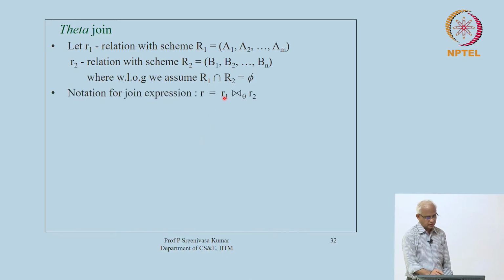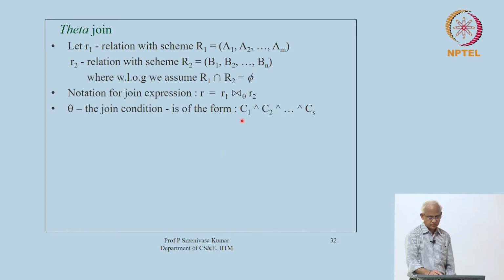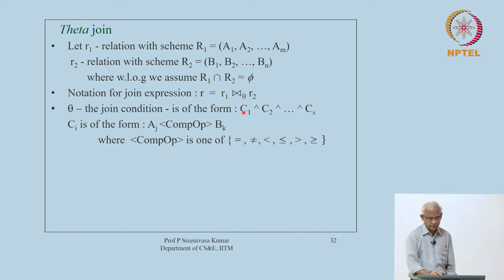Okay. So, now we make this assumption that the schemas are disjoint for these two relations, and we express this join with this symbol, the join. The subscript is the join condition. So, R1 join R2 with the join condition, and what is the structure of the join condition? Theta, the join condition, we can assume is a conjunction of certain atoms, where each Ci is of this form,